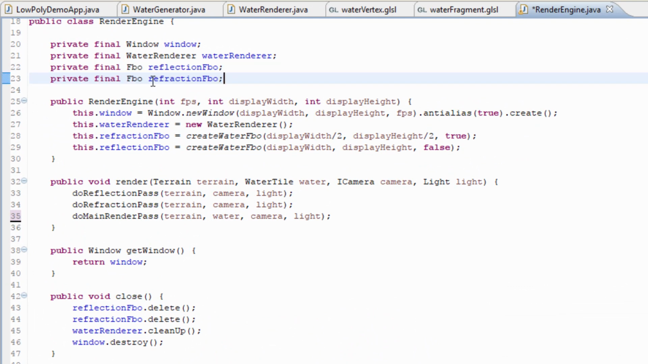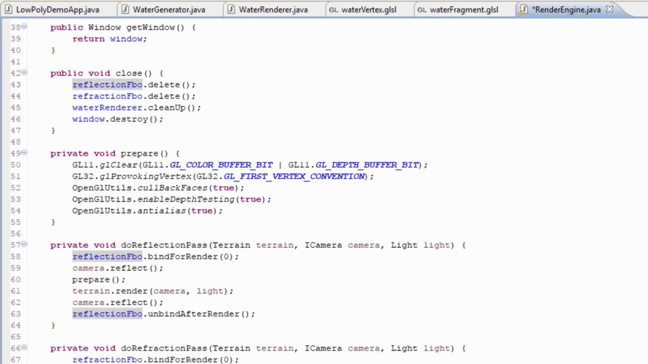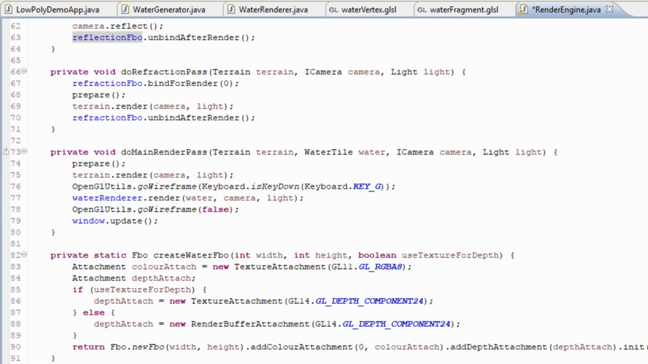couple of FBOs and create the reflection and refraction textures. This is something that I covered in much more detail in the second water tutorial, but just to quickly recap, we basically take a picture of the scene, once from the camera's position and once with the camera's pitch inverted for the reflection, and that gives us 2 textures of the scene which we can then apply to the water's surface. We also render the depth buffer to a texture as well, so that we can use it for creating